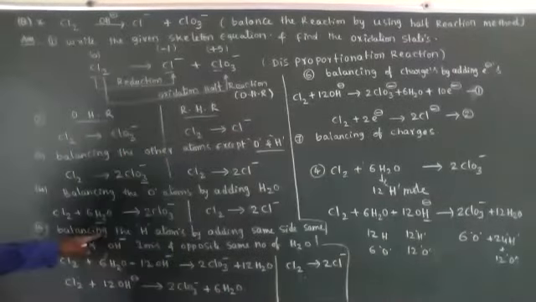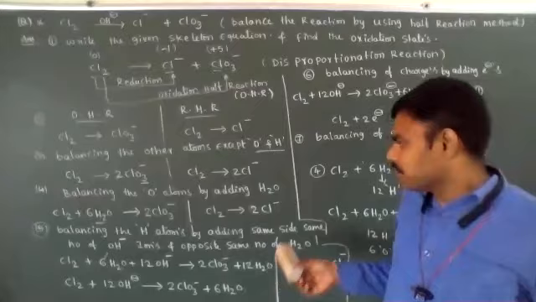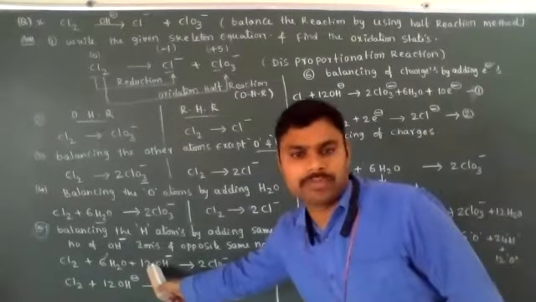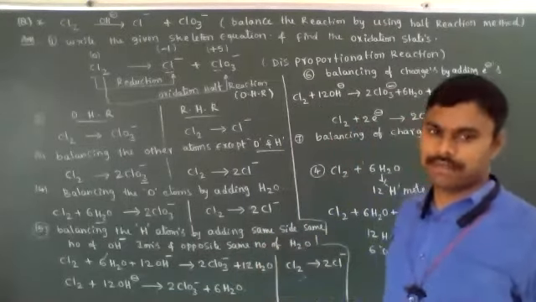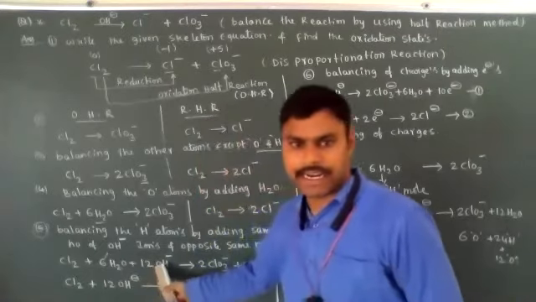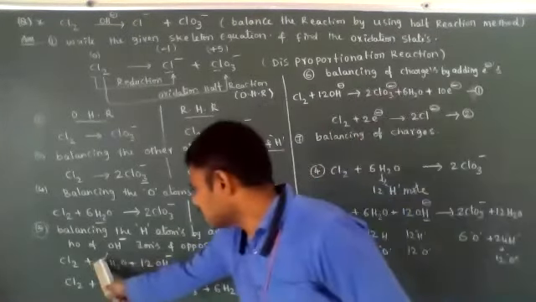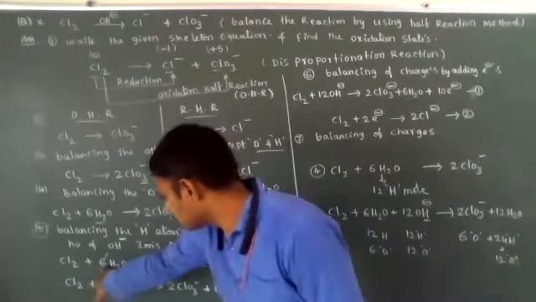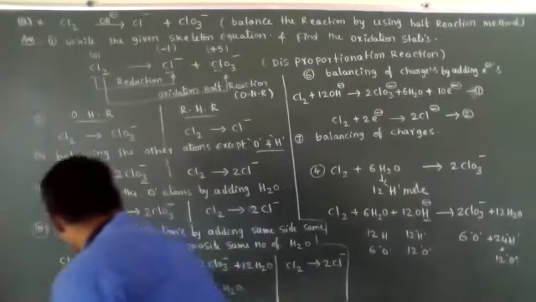Understood? So for balancing of hydrogen atoms in basic medium, on the side which has more hydrogen atoms, the same number of OH minus ions are added, and on the opposite side the same number of water molecules are added. That's why, with 12 hydrogen atoms more, 12 OH minus are added and on the opposite side 12 water molecules. Already 6 H2O is there, so 12 H2O minus 6 H2O cancels, because the H2O moving to this side becomes minus 6 H2O. That's why it is cancelled completely.